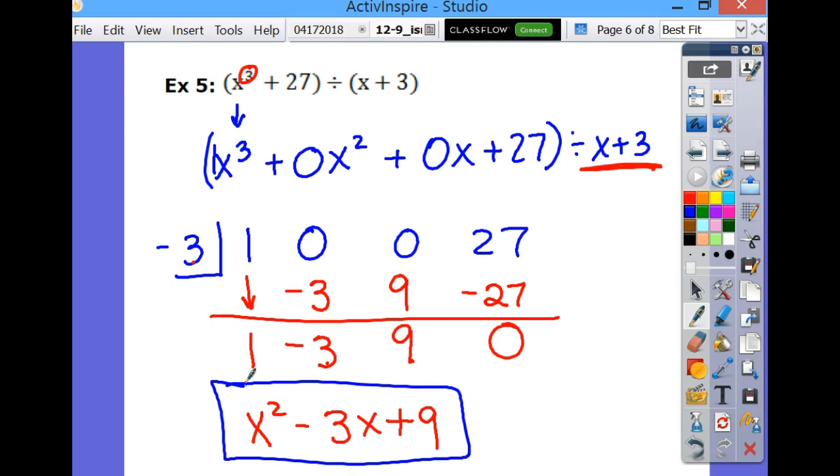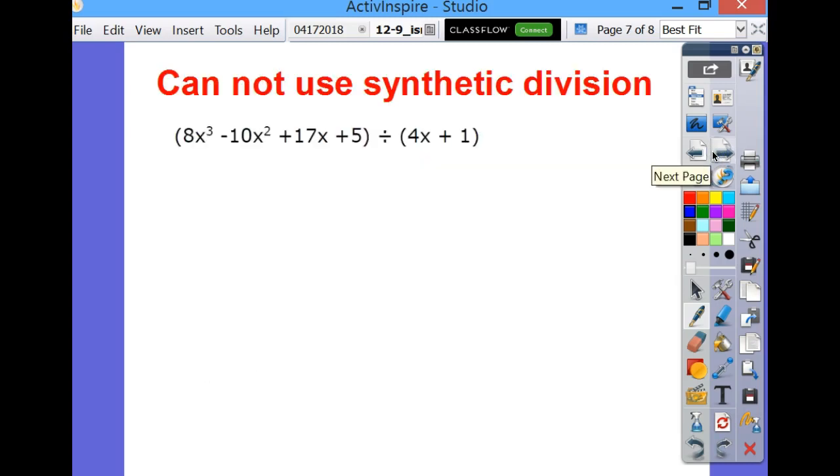Now, why did I teach you the long division anyway? This example is not on your paper, but this example could not be done very easily with synthetic division because the coefficient here is not 1. So this kind of problem would have to be long division,